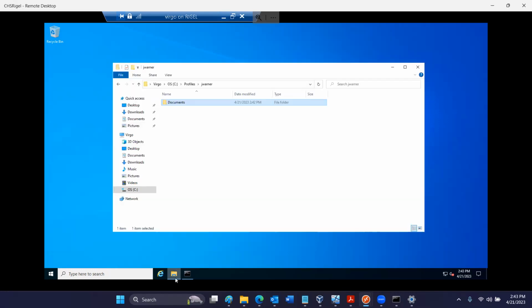This directory inside here. It's going to connect Jay Warner. Every time Jay Warner logs in, it's going to pull his user name from the environment variable, and it'll say, oh, this is Jay Warner. And it'll connect automatically the home directory or H drive. And inside there is going to be the documents, the desktop, right?